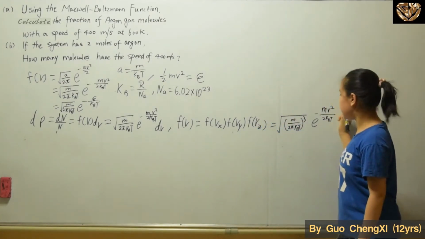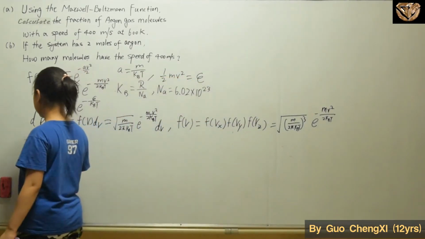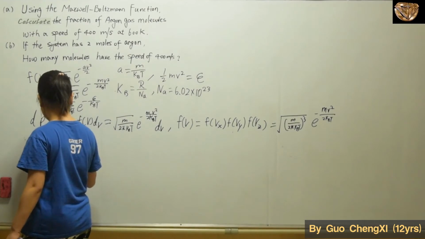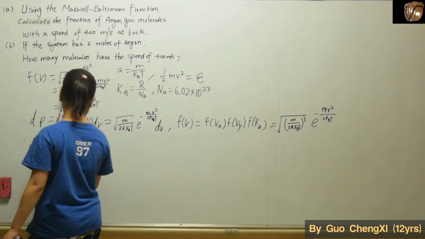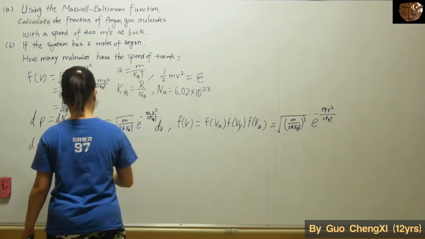Okay, so for this part over here, now that we've gotten this part, we'll know what dp is, right? So once again, dn over n, the total number of particles, and then after that,